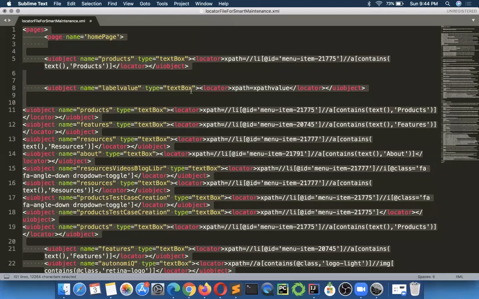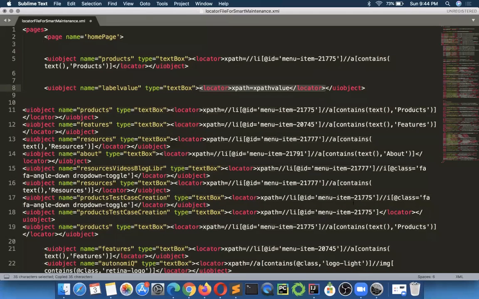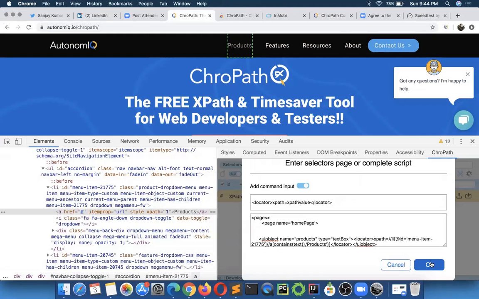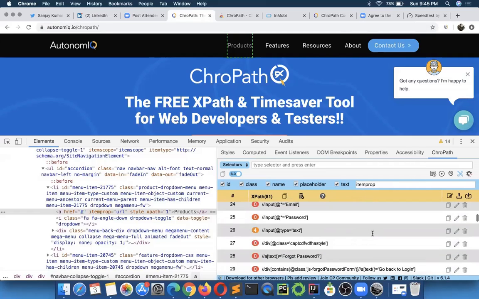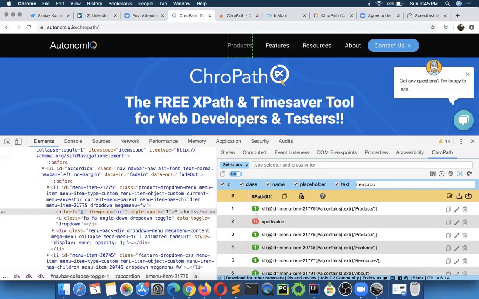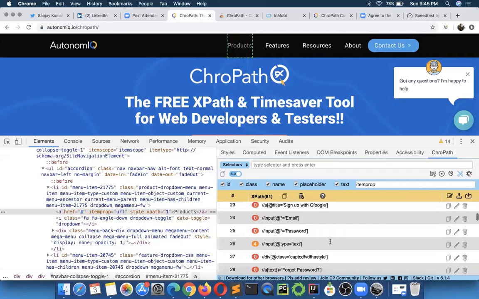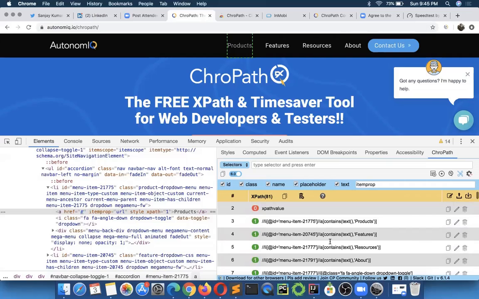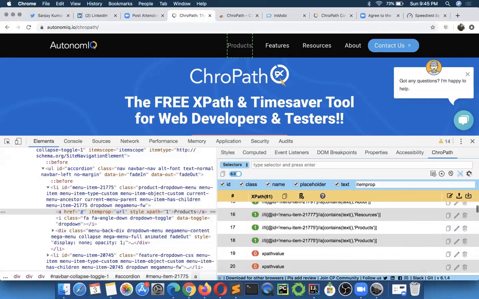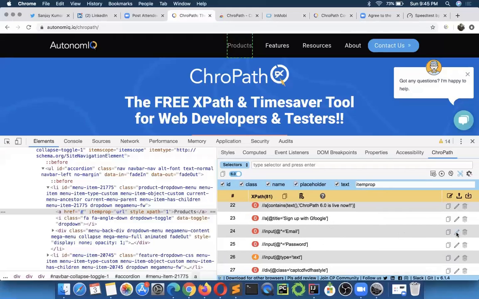And then wherever XPath is written in your command, just copy that command, replace XPath with XPath value and click on OK. You see the magic? It verifies all your XPath, fetches all your XPath and tells the occurrences: 1, 0, 1, 1, 1, 0, 4. So in a single go you can verify the complete script. If any XPath shows 0, you can click on the edit button right here, fix it, make it unique, and replace it in your script. That's how you can maintain your test cases quickly.